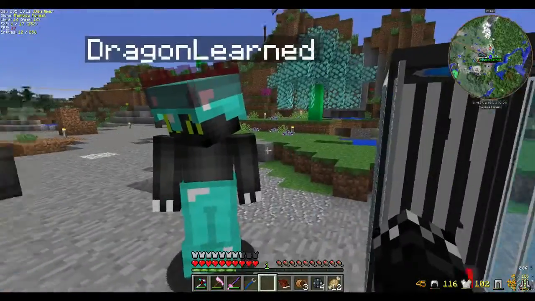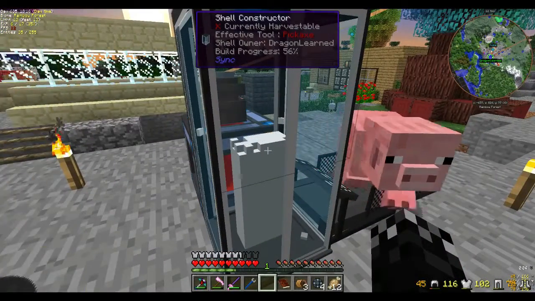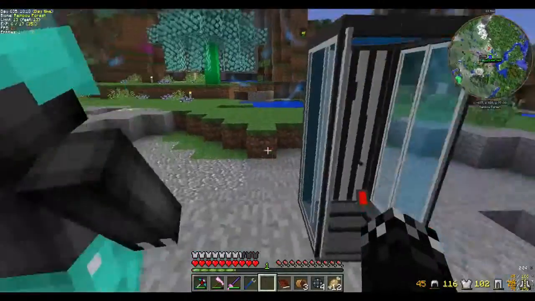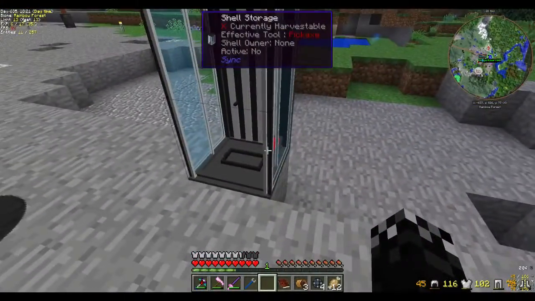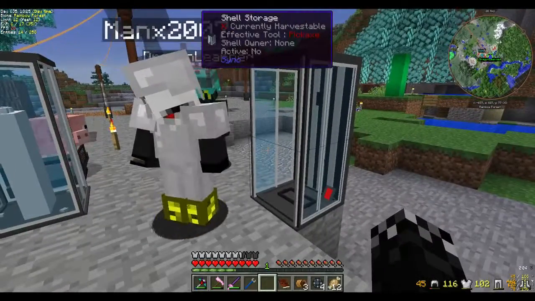Who stood in there? Me. So this will be a clone of you. You right click it. It has to have a redstone signal as well. It's got to have a constant one. And then you can actually...